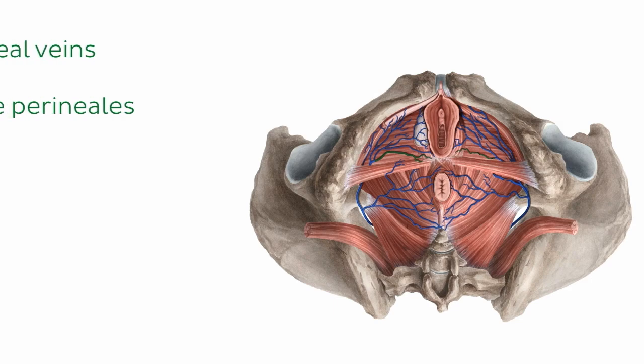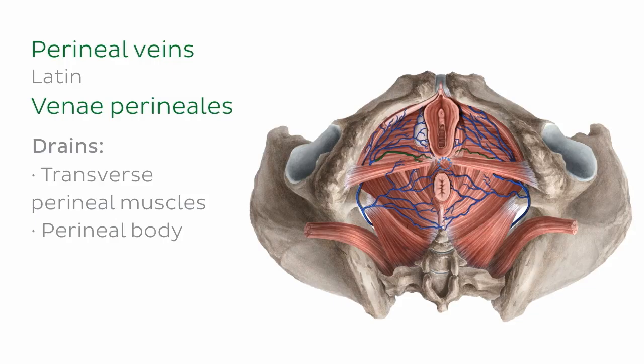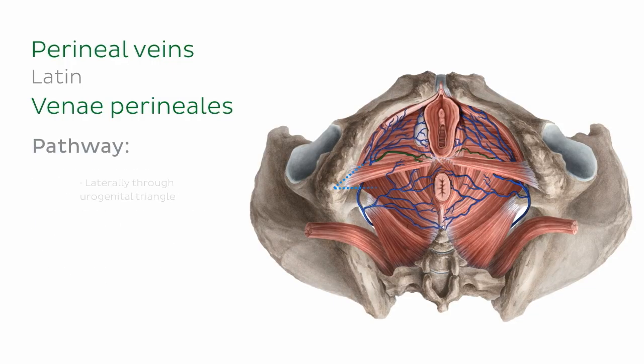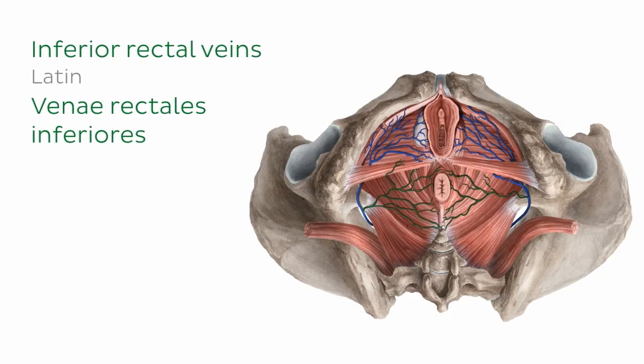Perineal veins, which we can now see on this slide, drain blood from the transverse perineal muscles, the perineal body, and the posterior labia, and the perineal veins course laterally through the urogenital triangle to drain into the internal pudendal vein. Next on our list are the inferior rectal veins, which we can see here highlighted in green,